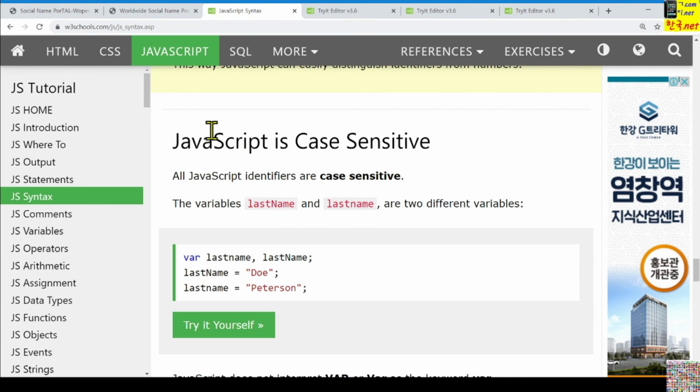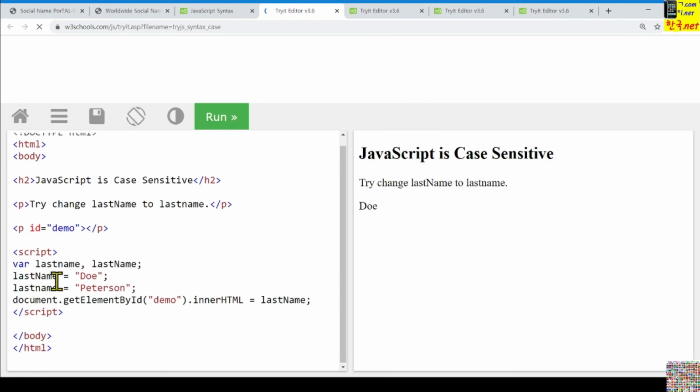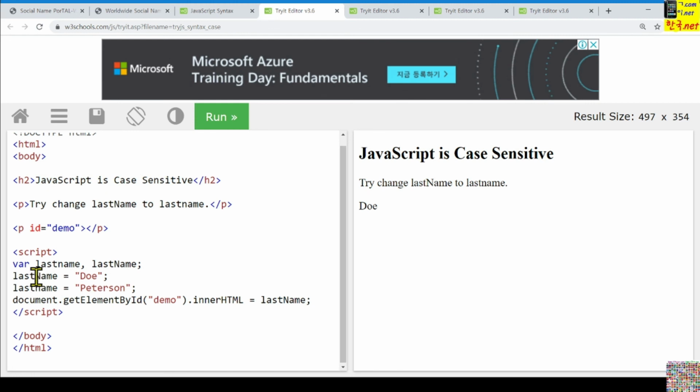And in JavaScript, you should be careful about this. JavaScript is case sensitive. Thus, if you are using this last name here, n is a lowercase character and this one is an uppercase character. Those are different variable names. Let's look at this real example. Here, lastName and lastname are two different variable names because this n is capital N and this one is a lowercase character.